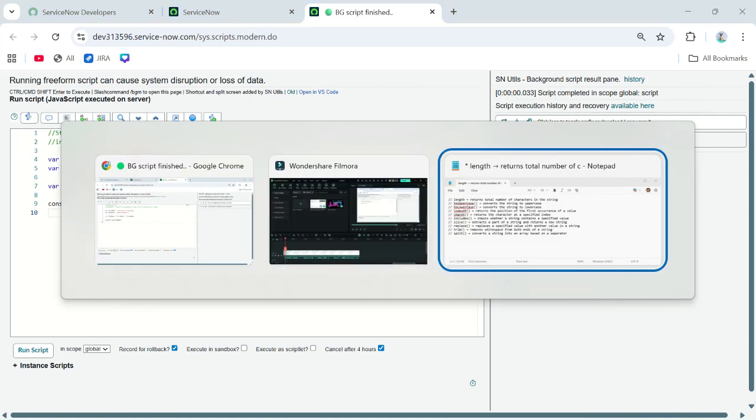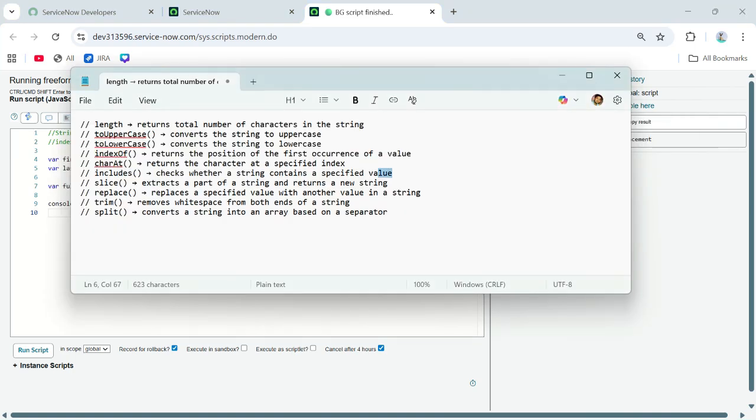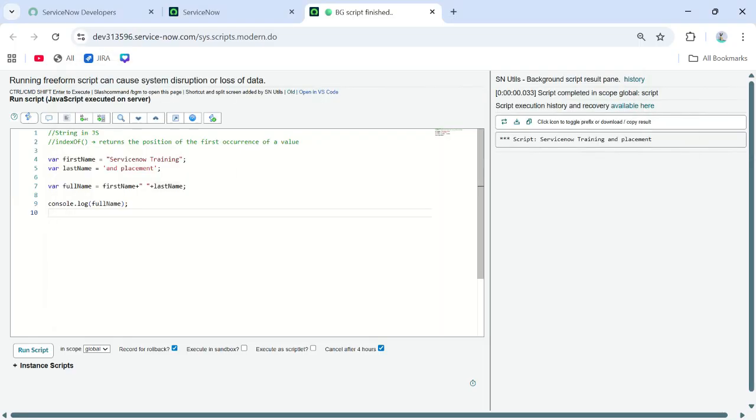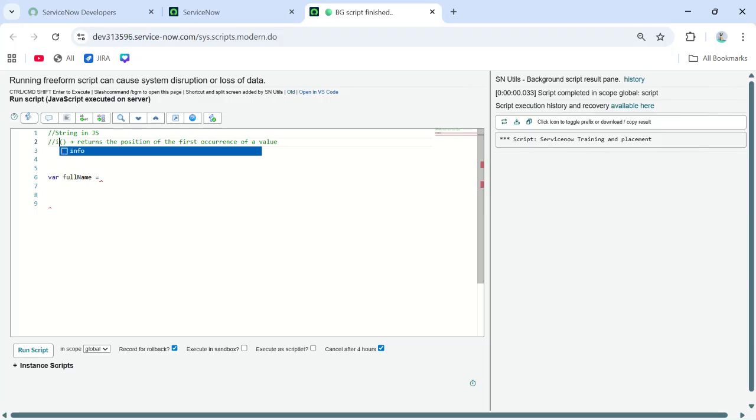Now next is includes. Whatever you can do in the, okay, so now I am creating a full name string. I'm removing this, and here what I'm doing to includes full name equals to placement. Okay,